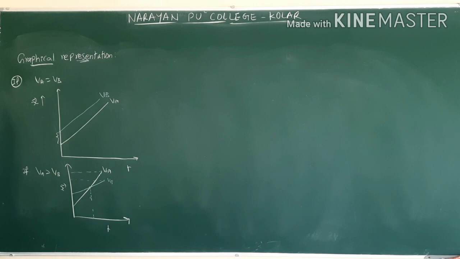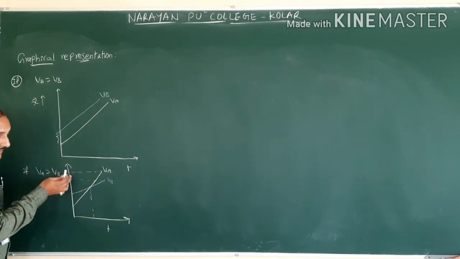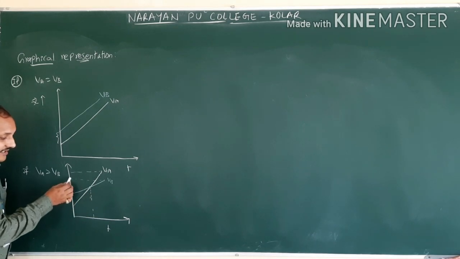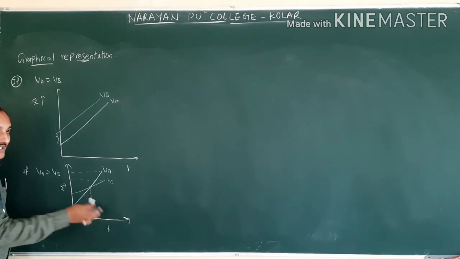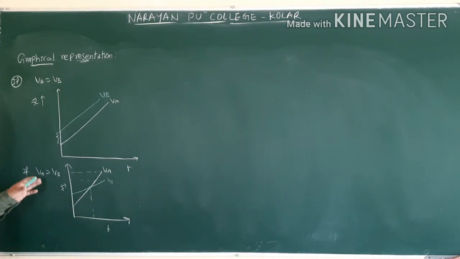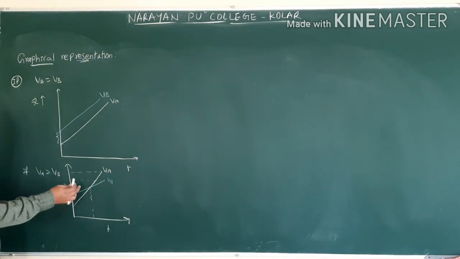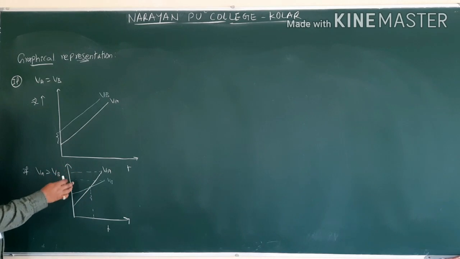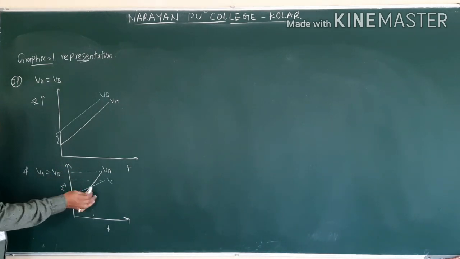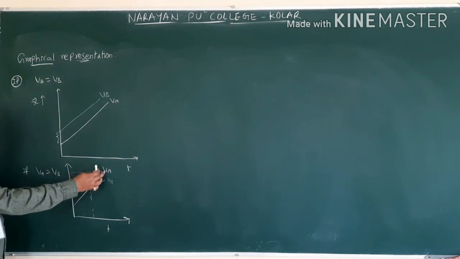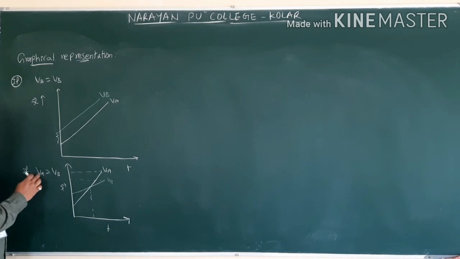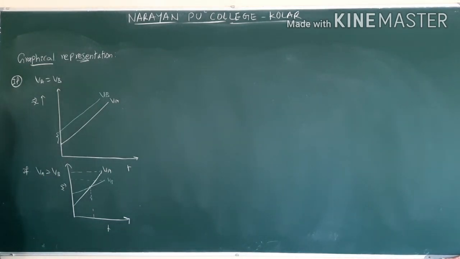Next, VA is less than VB. VA less than VB means at that time the VA graph will come like this, downwards. It is having a negative slope. Why? Because VA is a smaller value than VB. You can see the textbook and try to draw it, or if you have done it without seeing the textbook, you understood very well. Understood? I gave you VA greater than VB, now VA less than VB. Then you will get relative velocity, and you make it negative at that time.